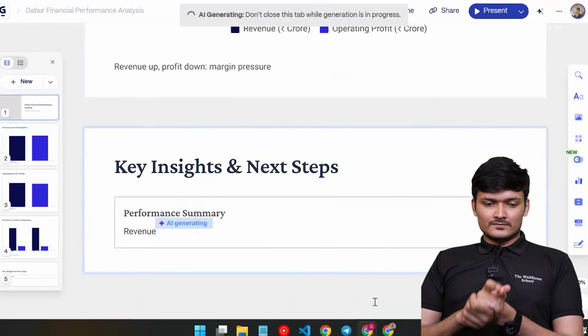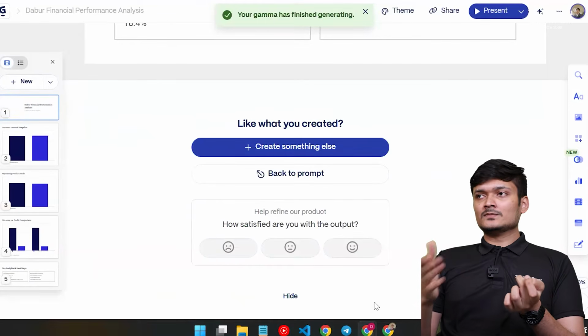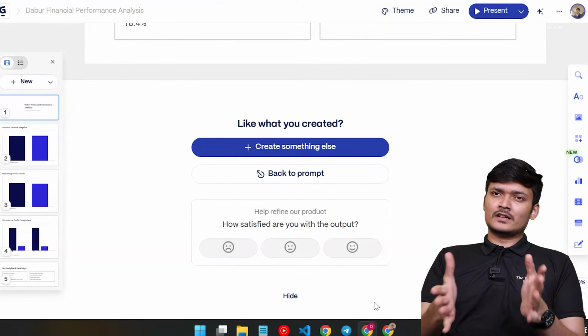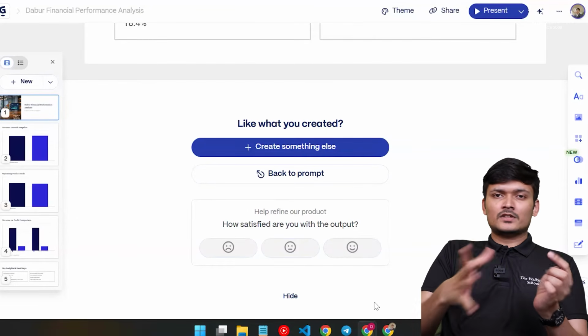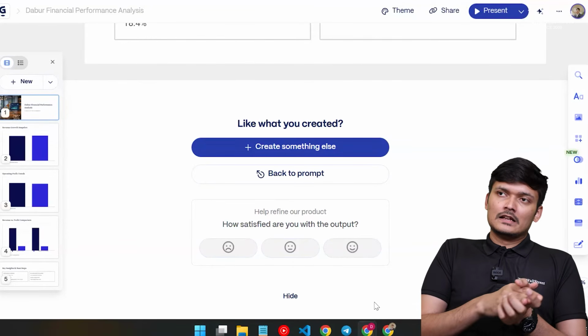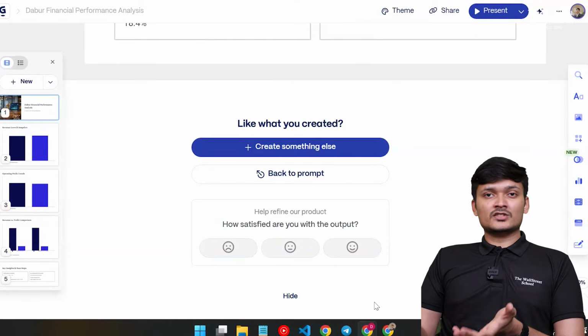You can see on the screen, it's just happening by itself. Otherwise, it would have taken like an hour or so for the annual report part to fetch the numbers and everything, and convert that into whatever you actually wanted. Then it would have taken maybe another hour for you to figure out the presentation